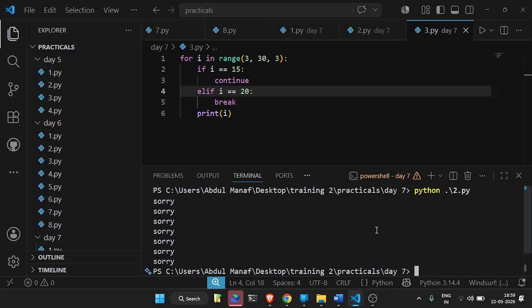Let's say you are inside the loop, for i in range 1 to 10 and step is 2. Now inside this I write some condition: if i is equals to 6, then I am writing break. And here I have print i. So what happens is,